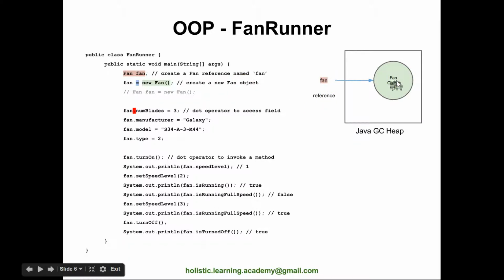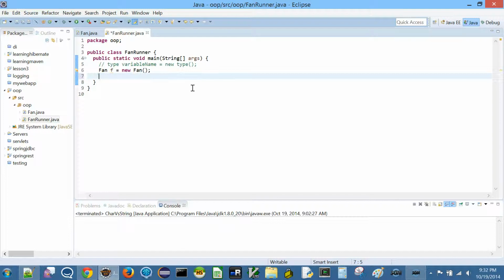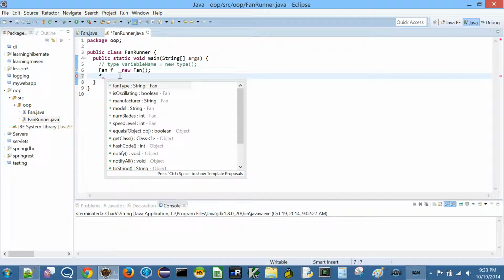All right, so next we can do stuff to this object now. So I can set a few things. I can say f dot, and see, whenever I say f dot and press control space, it gives me a bunch of stuff. It says you can do fan type, is oscillating, manufacturer, model, all these things.